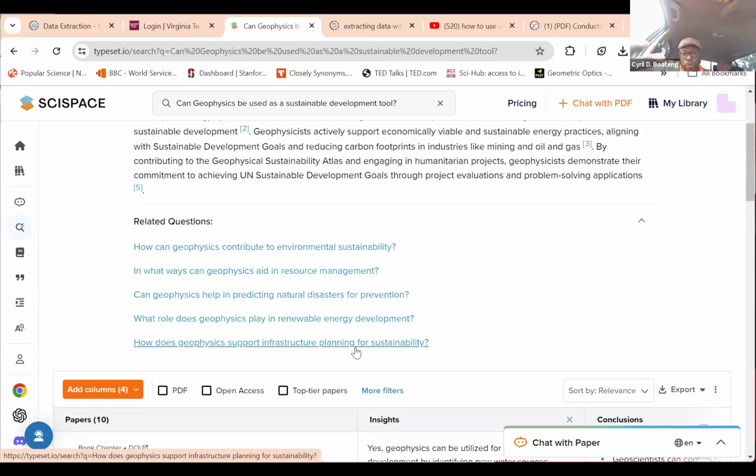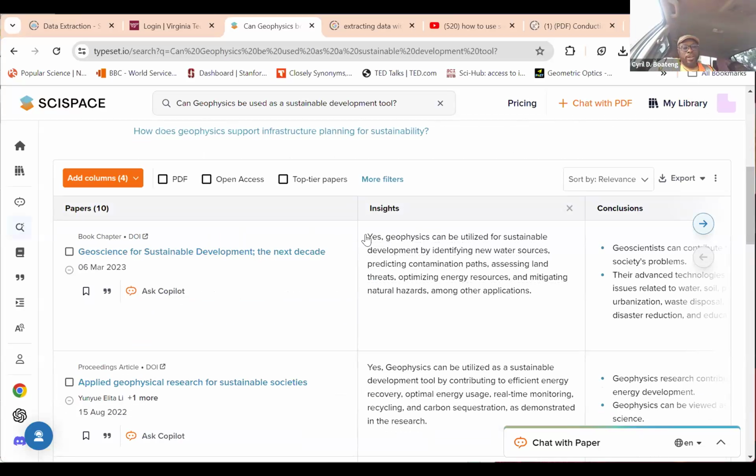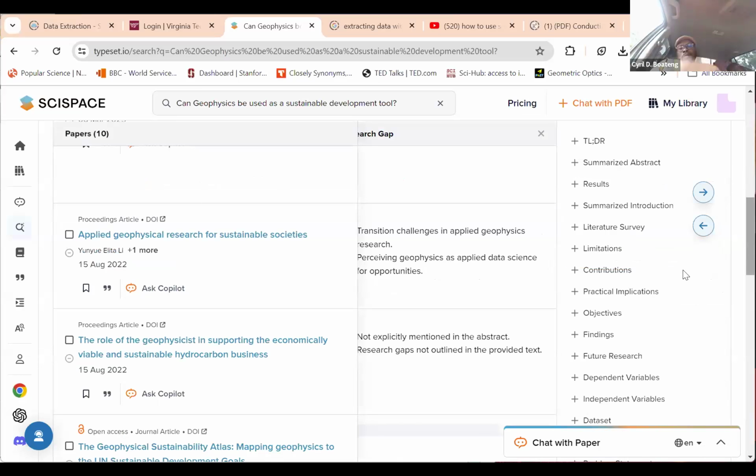Now, in addition to that, SciSpace puts on a table the different papers or book chapters or any publication material. Then it gives you the table in terms of insights, for instance, conclusions, methods used, research gap. And there are multiple elements that you could add to the table if you want to.